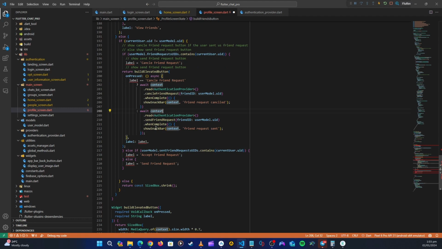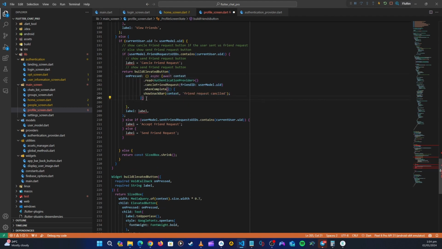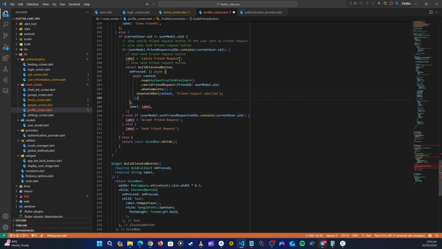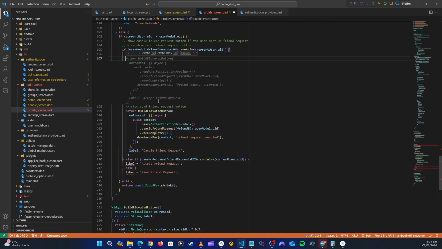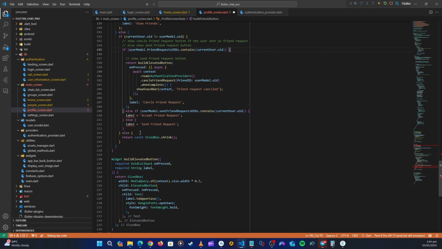This one, cancel. So first let's get this, let's remove one. Okay, so let's remove this method. I'm going to remove that, and then also remove that label there. So we only want to call that, and then here we want to put this text. Okay, so this we want to cancel the friend request if we have sent, and then else if the friend